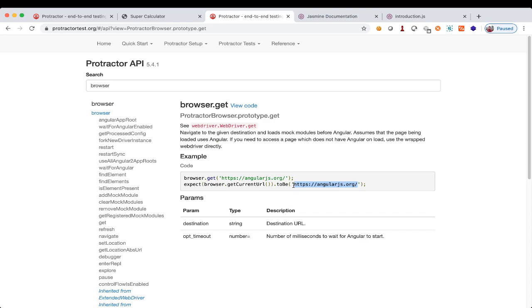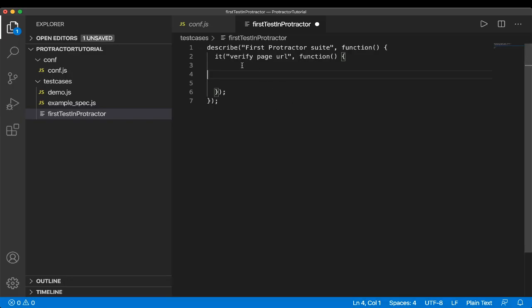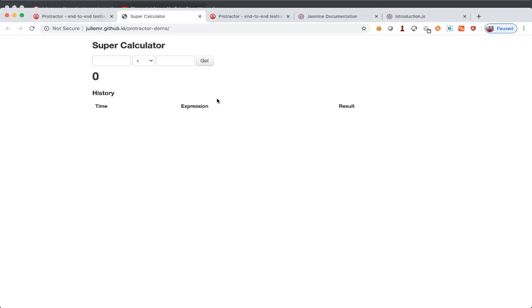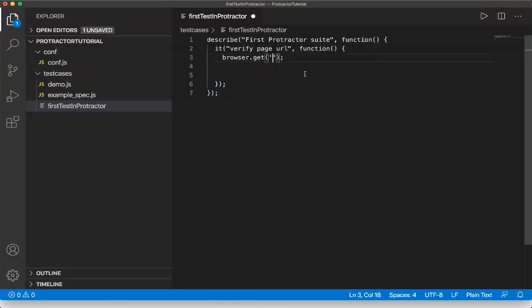So for now, let's copy only this and paste it here. Let's give the correct URL here. I have deleted this. Now let's go to our website which we are testing. This is super calculator. Let's copy this URL, paste it here, save it, and let's execute our